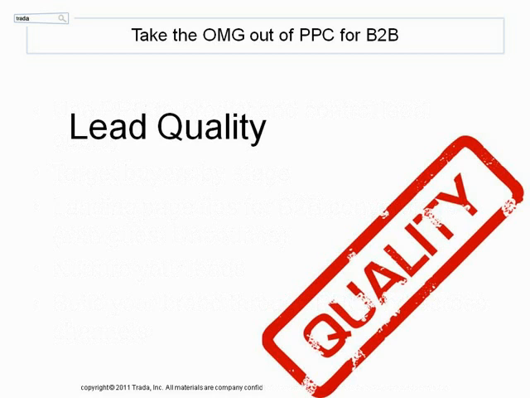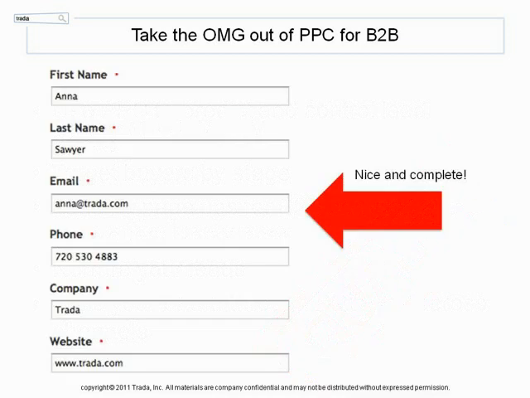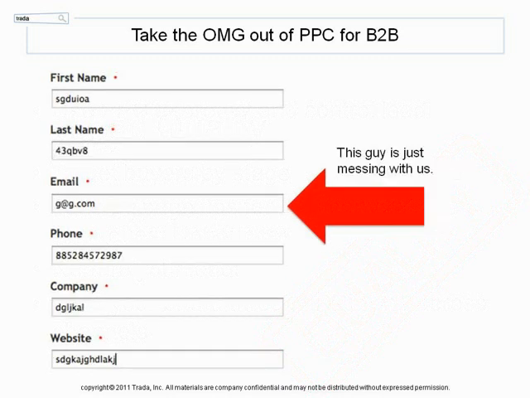So one of the biggest ways in which PPC for lead generation differs from e-commerce is lead quality. If a conversion for you is a form completion, you can see everything from this not very well completed form, to this incredibly well completed form. This is actually what it would look like if I filled out my information correctly. Sometimes you go through and you see stuff like this. And really there's everything in between.